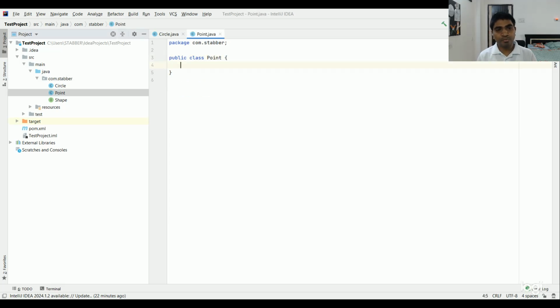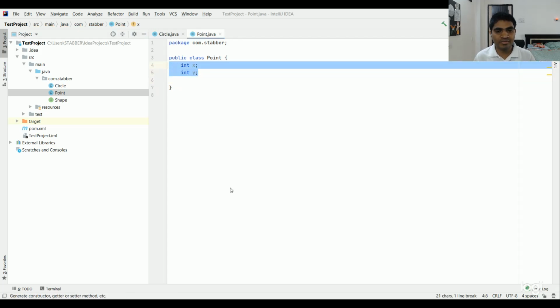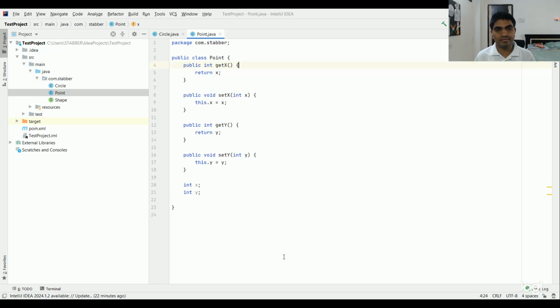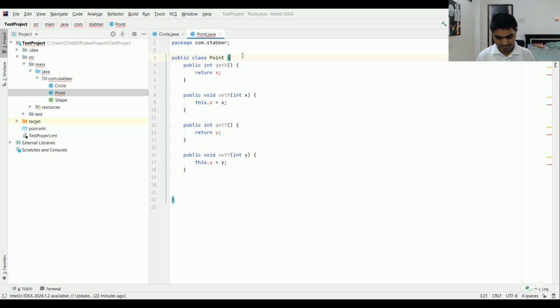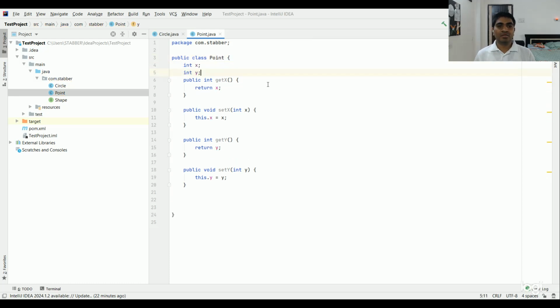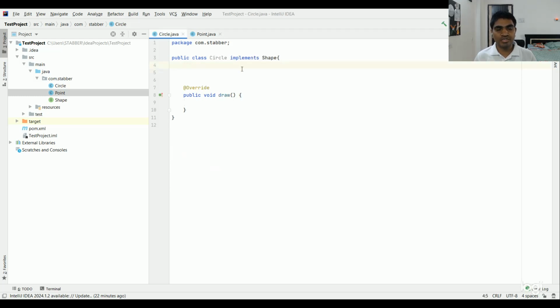Okay, so every point has two coordinates, right? X and y. So let's declare two variables, x and y, and generate the getters and setters of these two variables. Let's select both. All right, so okay, we have created this point class having two variables x and y, and now let's go to the circle